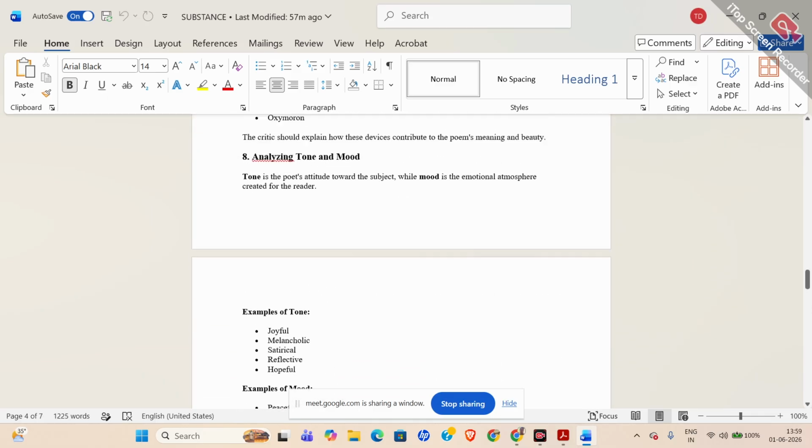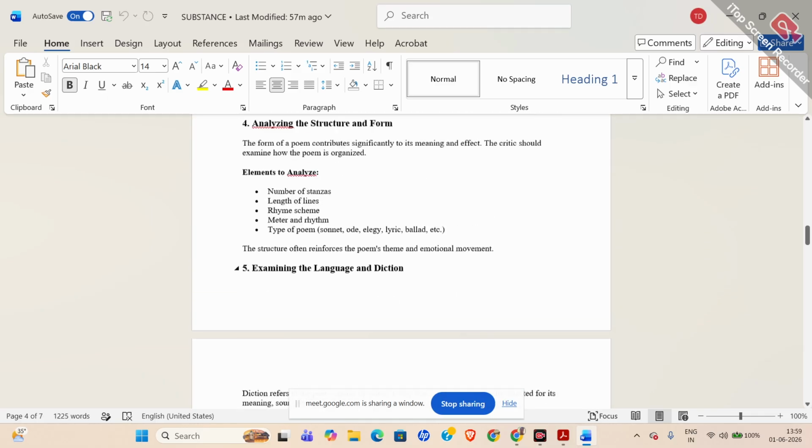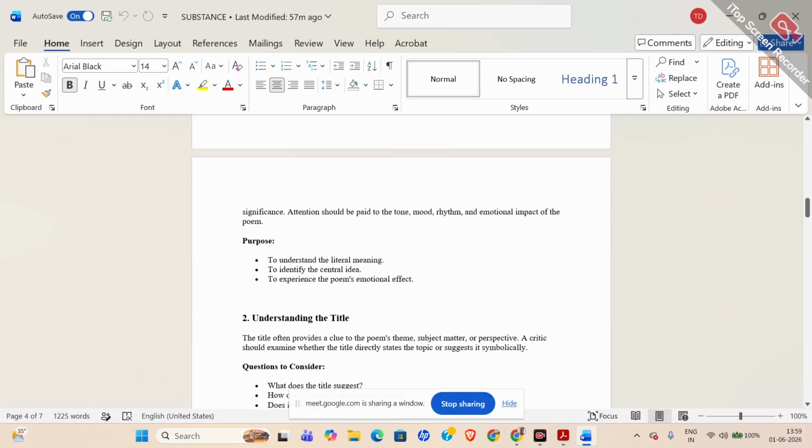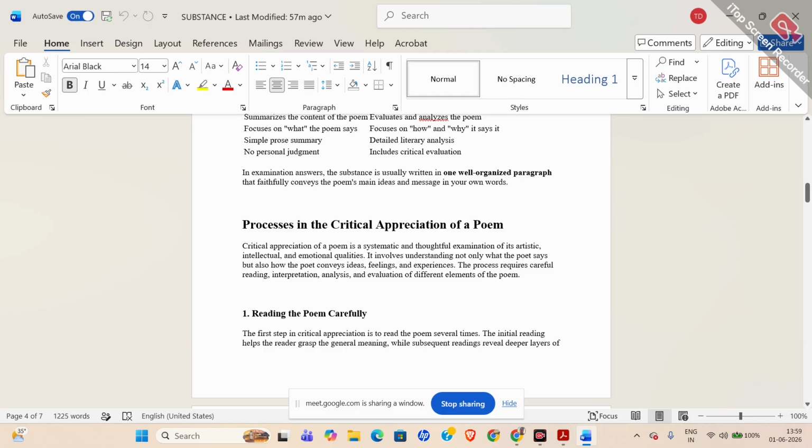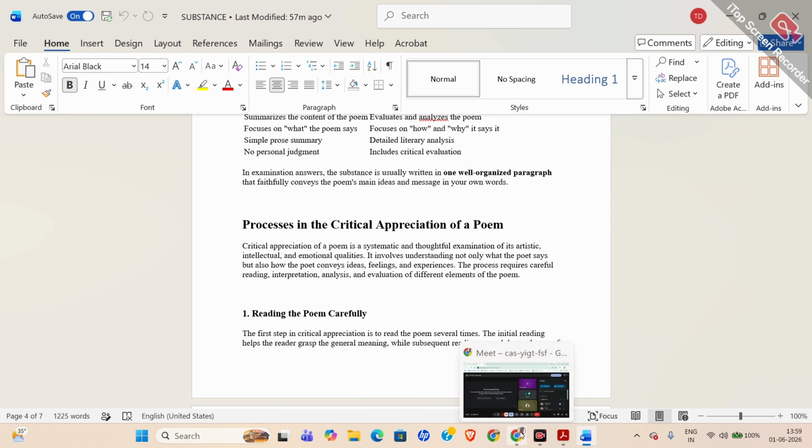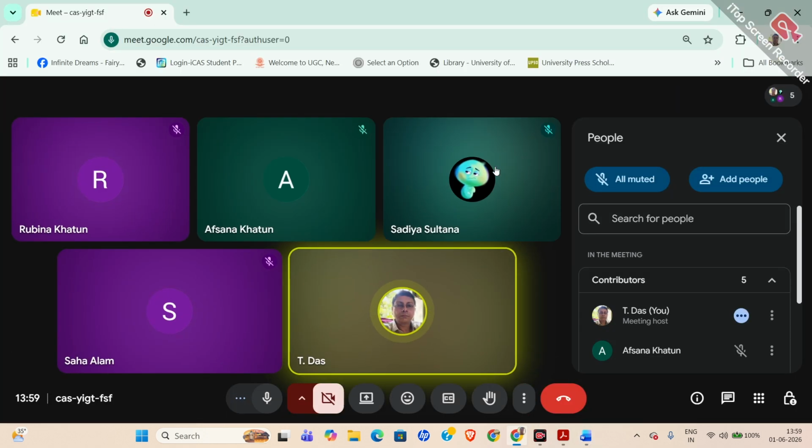সো দিস ইজ আওয়ার রাইটিং দ্য ক্রিটিক্যাল অ্যাপ্রিসিয়েশন অফ আ পোয়েম, এবং তার আগে আমরা পড়েছিলাম হাউ টু রাইট দ্য সাবস্টেন্স অফ এ পোয়েম। আচ্ছা, আমি এখানে শেয়ারিংটা বন্ধ করে দিচ্ছি।